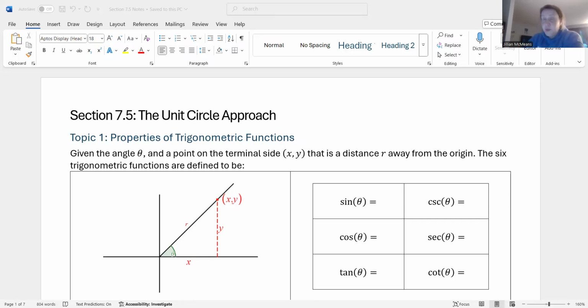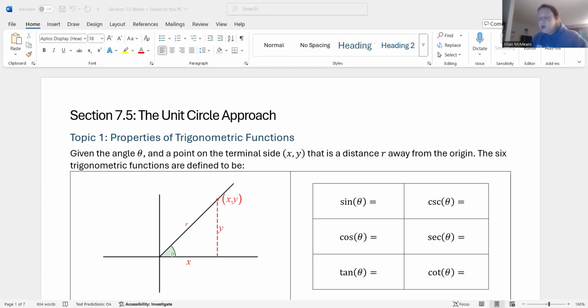Okay, for section 7.5, we are finally going to talk about the unit circle. So the unit circle is a way for us to remember some commonly used angles and the trig functions surrounding those angles, okay? So we have a little bit of work to do to build up to that idea. What we're going to do in this first video is technically review, but we'll take it nice and slow